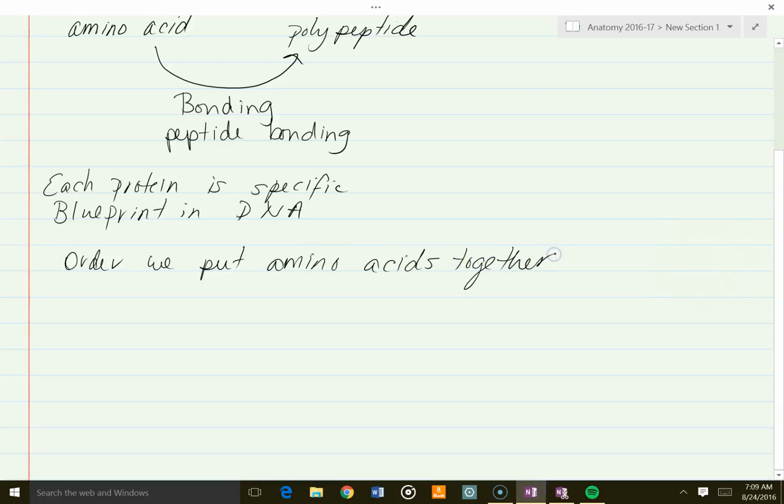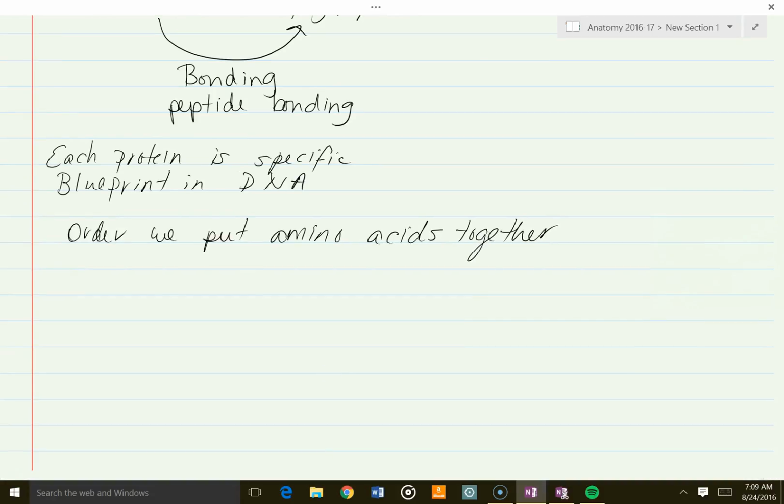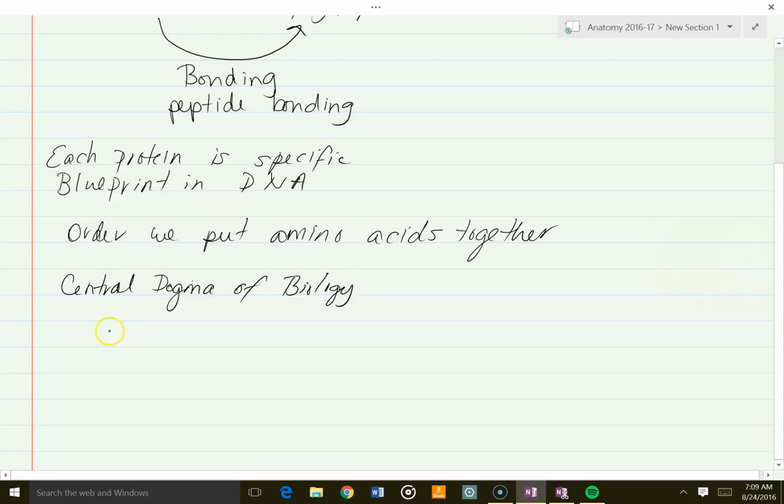So we're not going to go into today how or what is read, right? I just want you to have a broad overview because we're really concerned about the function of proteins. Okay, so to at least make these, we have to go back to the central dogma of biology. And the idea that you have your information in your DNA, and when you have that information in your DNA, it's going to be transcribed into RNA, right? You transcribe it. Transcription means you're just taking it from one form into another, right? And then when we go from RNA, we translate it